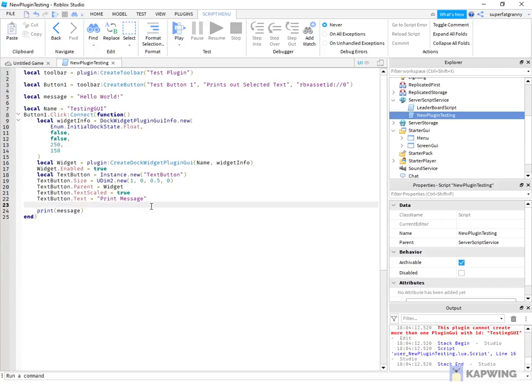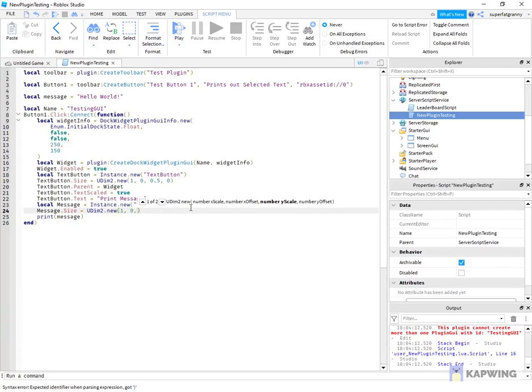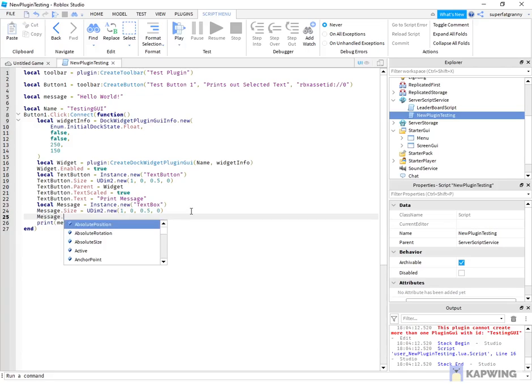Alright, and what we're going to do next is local, and this is going to be the message, and it's going to be Instance.new, and it's going to be a TextBox. Once again, we're going to set its size to UDim2.new, and we are going to do 1, 0, 0.5, 0, same as the other one. And this time, we're going to actually have a position. So we're going to do .Position equals